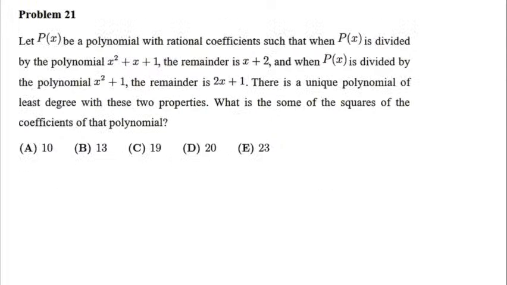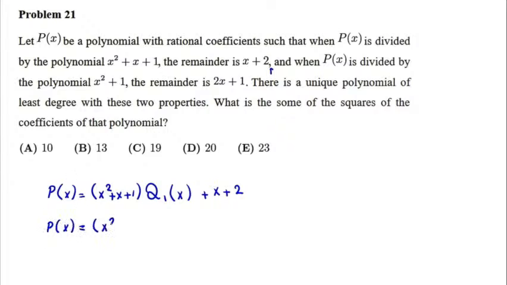AMC 10B 2022, problem number 21. Let p of x be a polynomial with rational coefficients such that when p of x is divided by the polynomial x squared plus x plus 1, the remainder is x plus 2. So let me show up to here p of x. When you divide it by x squared plus x plus 1, it will be q1 of x, and the remainder will be x plus 2. And the next one, when p of x is divided by the polynomial x squared plus 1,